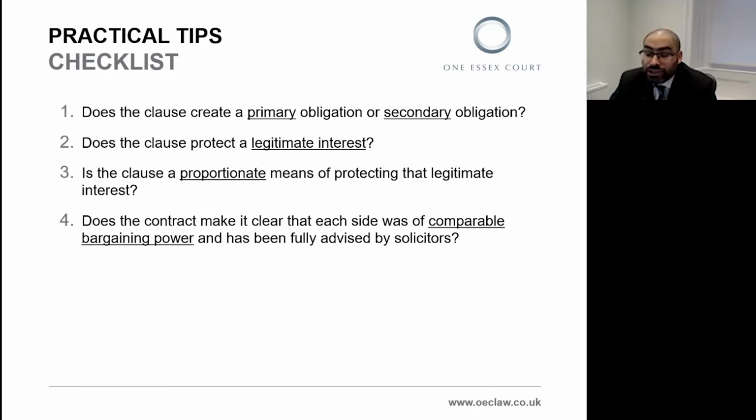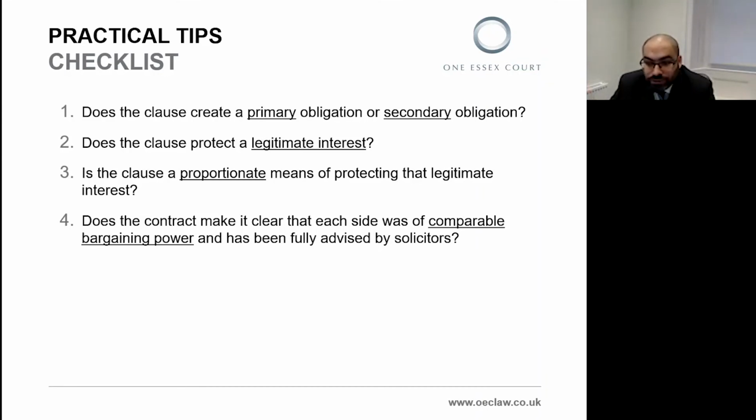As I've already discussed, there is significant scope to draft clauses in such a way as to avoid engaging with the penalty clauses regime altogether, namely by ensuring that the obligation to pay amounts to a primary obligation rather than a secondary one. And as I've already said, this may be easier said than done, given the level of uncertainty about the distinction between these two. But the cases do provide several examples. So the contract could provide for some consideration for the payment, for example, an extension of time to repay a loan.